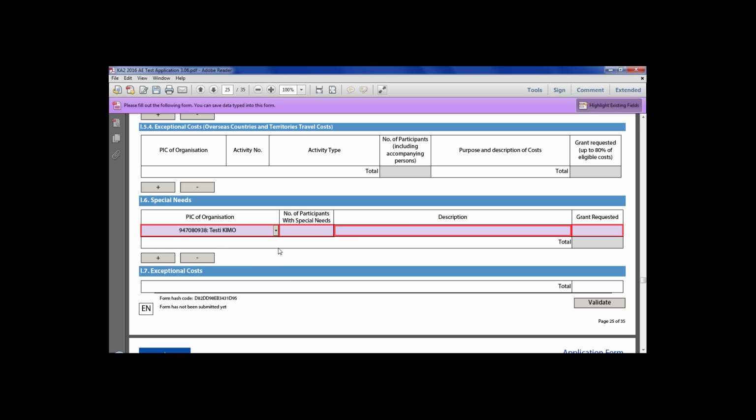So I'm filling in the form for you. As an example,